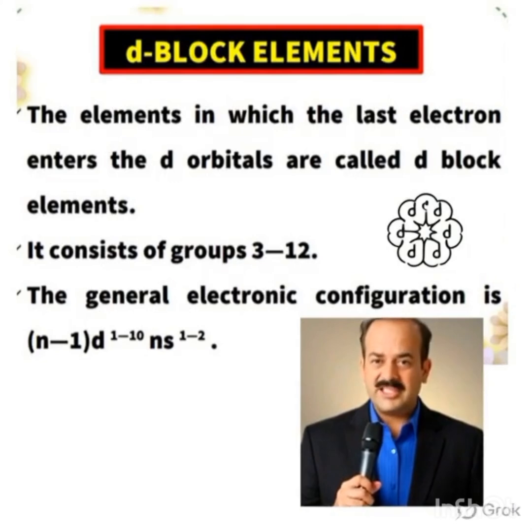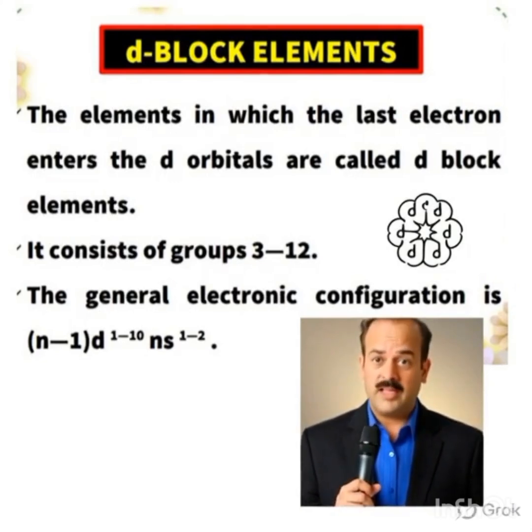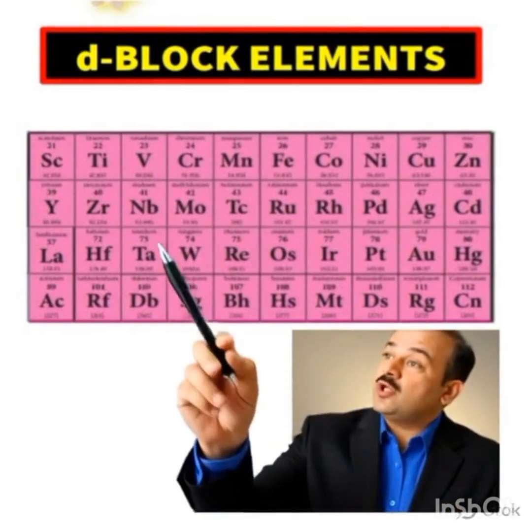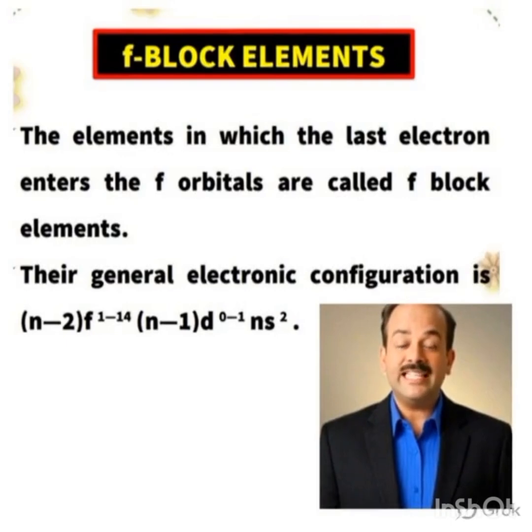The elements in which the last electron enters the d orbitals are called d block elements. Hello students. Today we study d block elements. Starting from scandium, titanium, vanadium. The elements in which the last electron enters the f orbitals are called f block